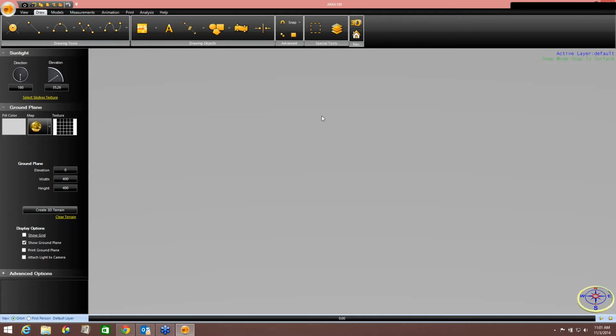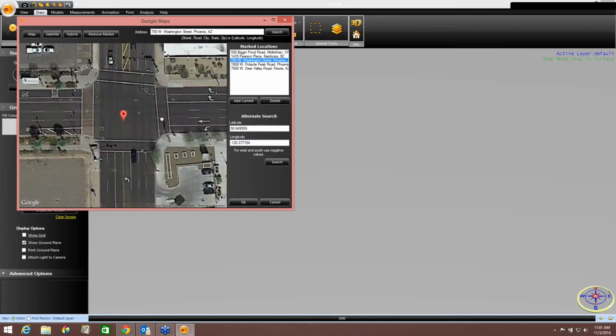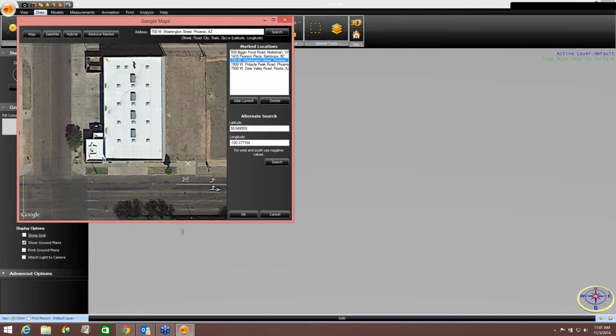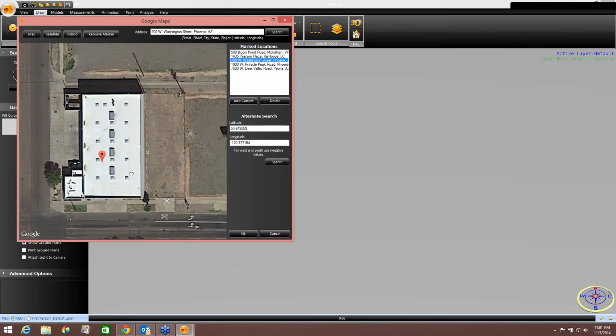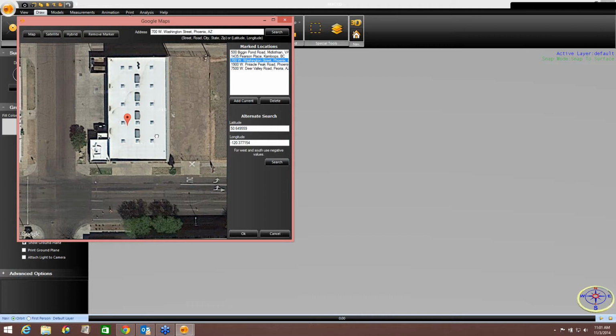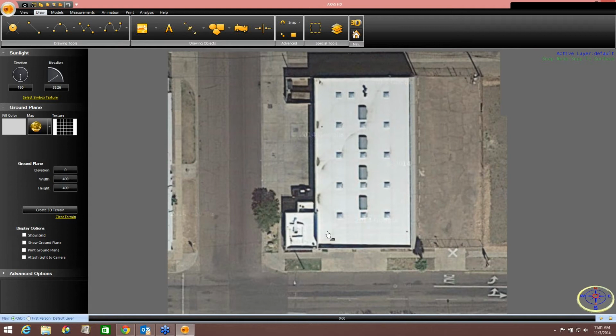So what I'm going to do is go to Google Earth and bring up that location so that we can trace it with our Google Earth. So it's right here at this building. If you can see on the corner here, I'm going to go ahead and place that right there. Remove the marker, and I'm going to click OK. Now we have the scene